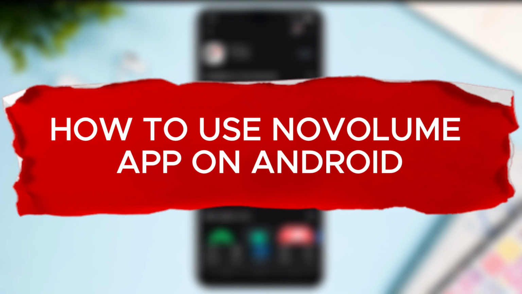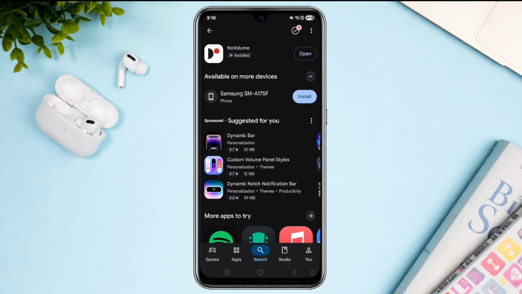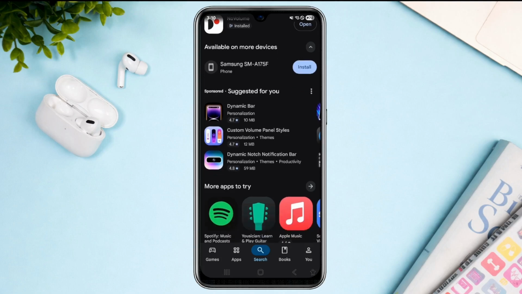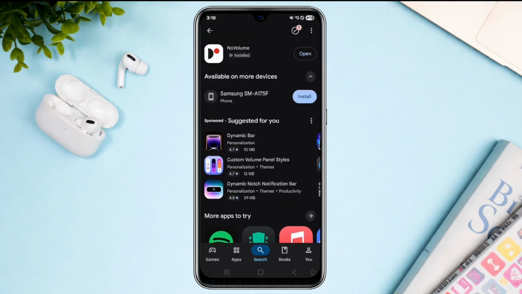How to use the No Volume application on your Android device. Now in this quick video, I'm going to show you how to set up and use the No Volume application available on your Android. First, No Volume is actually an Android customization app that replaces your device's standard volume slider with